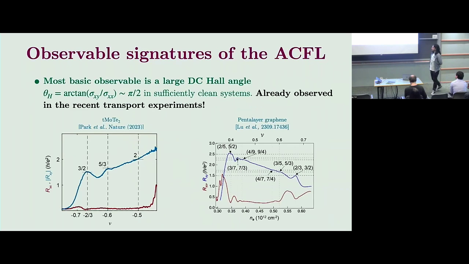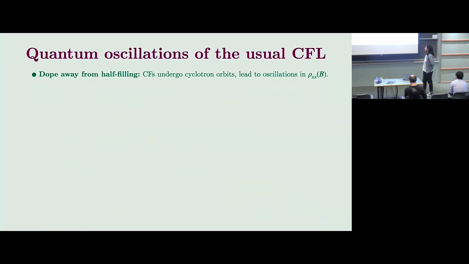All right. So now I'll talk a little bit about the experiments. What evidence for composite Fermi liquid have the experiments seen so far? The sort of leading order thing you might look for is a large Hall angle. So you want to look for a metallic state with ρxy much bigger than ρxx. And this is certainly seen in Xiaodong's group's experiments, although it's not really as obvious that this is a metallic state from ρxx. But certainly in Long's data, this is quite visibly a metallic state that resembles a composite Fermi liquid.